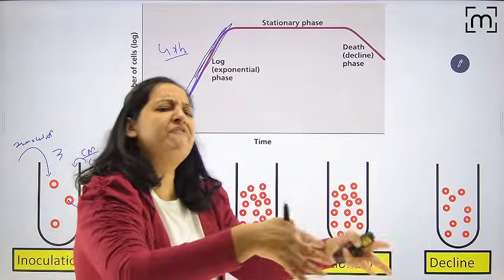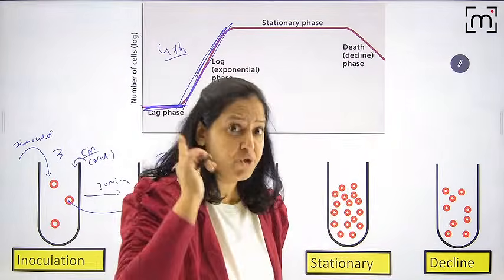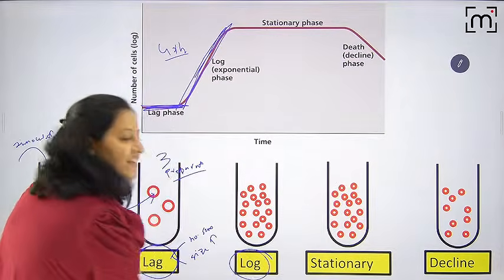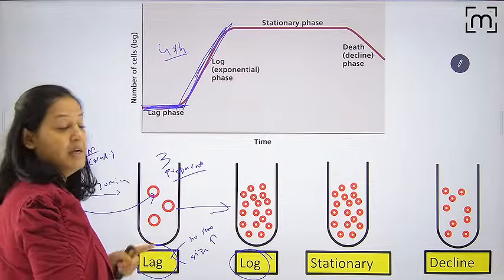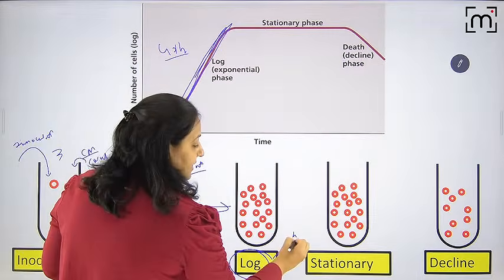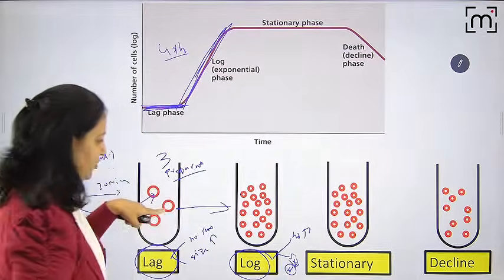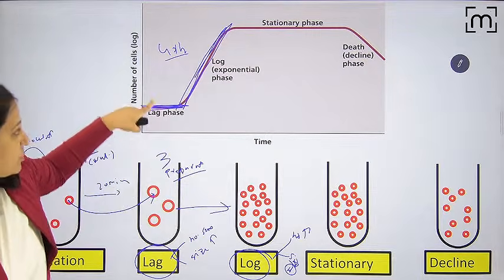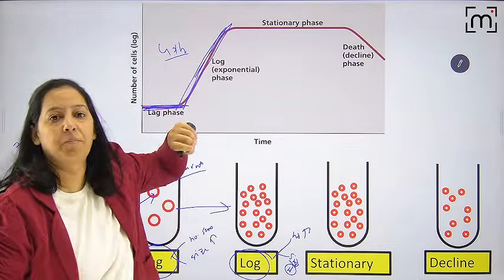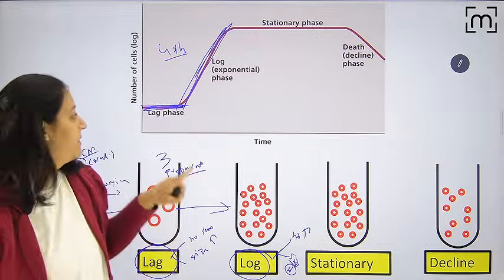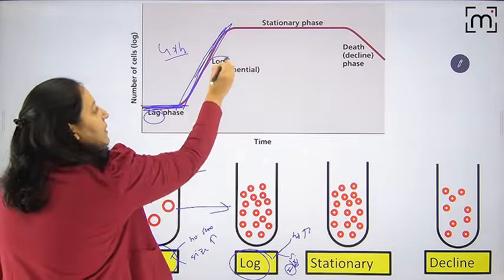So the second phase, they divide like anything. They keep on dividing every 20 minutes. I will show you a video. They will divide like exponential growth. That's why the second phase is log phase. So here, in log phase, the number increases, but size again decreases. Size becomes normal. I have drawn it. So the number increases, but the size is normal. Here size increases, number normal. Here number increases, size normal. This is lag. This is log.